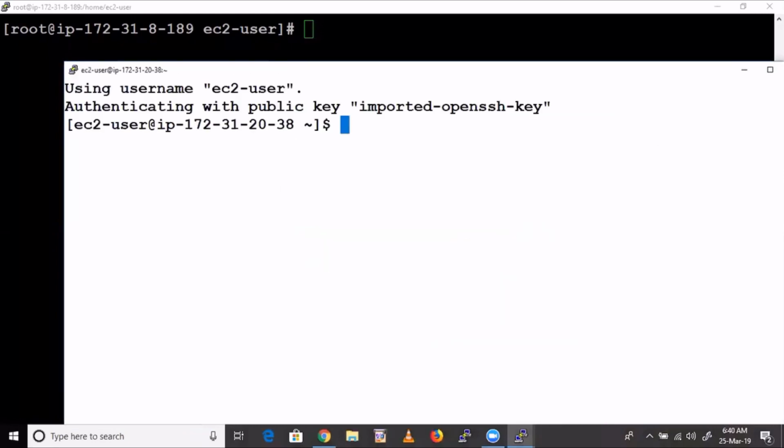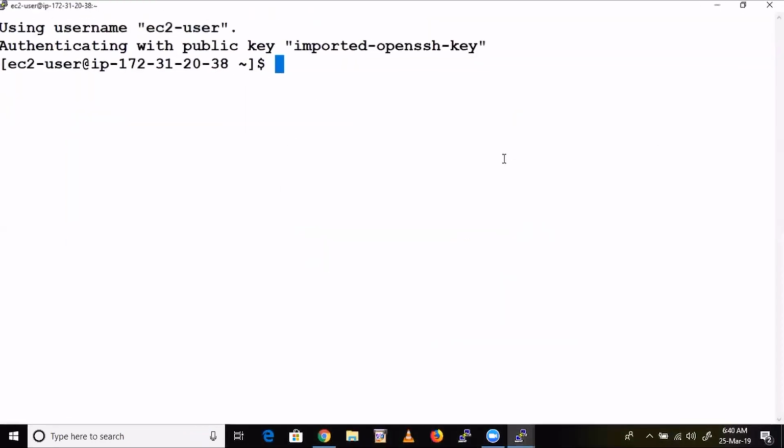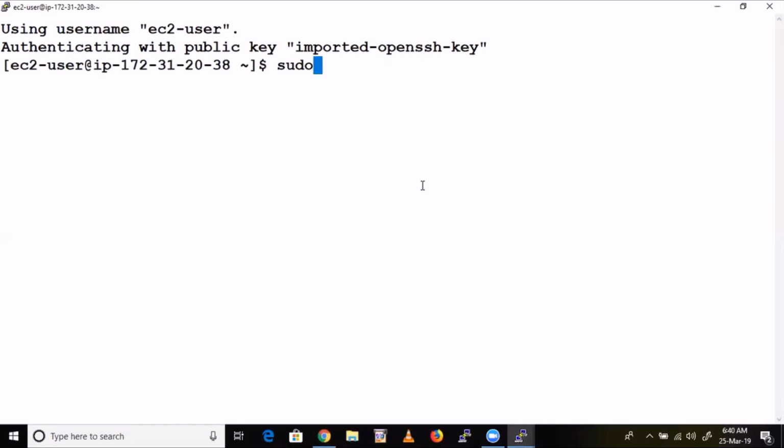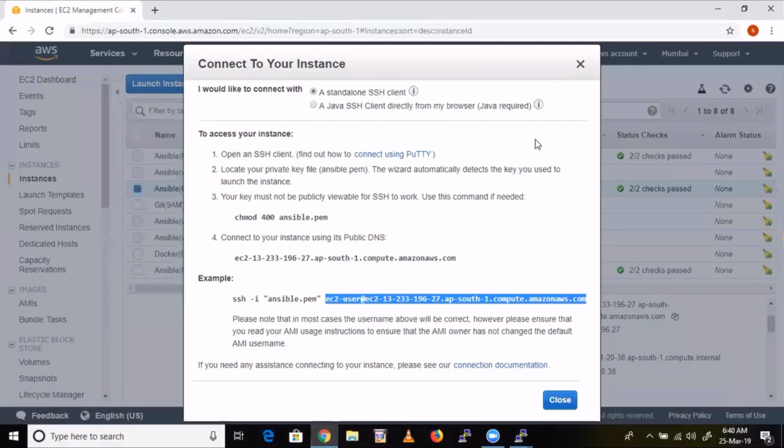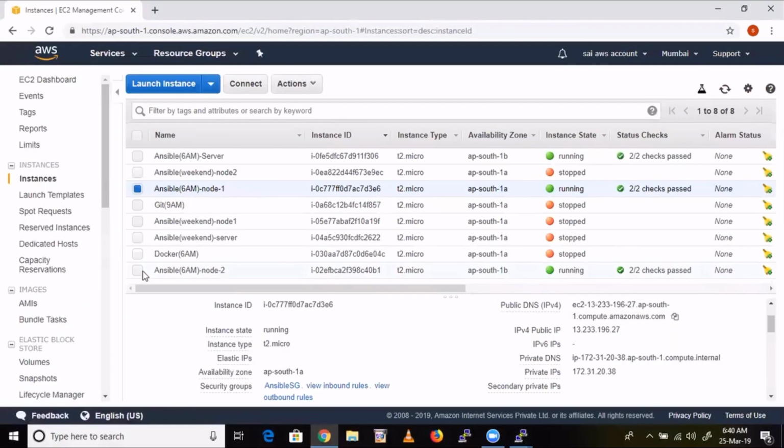So white and bold is my node 1. You need not run an update, because we have already given those commands in the user data bootstrap script, right, in the box.